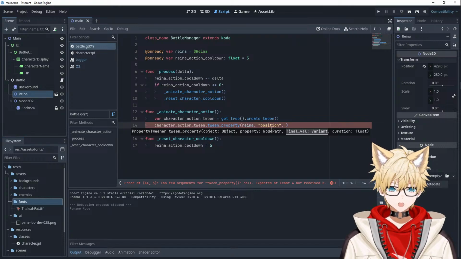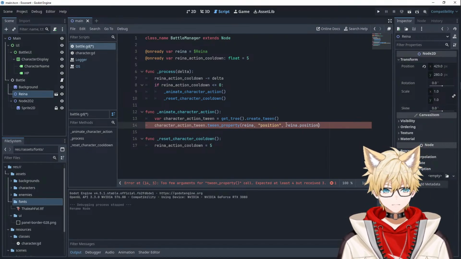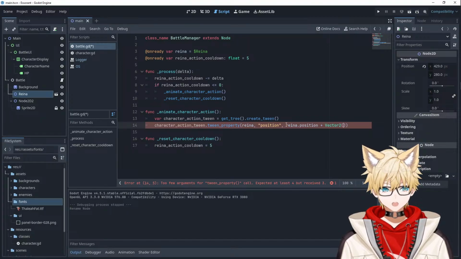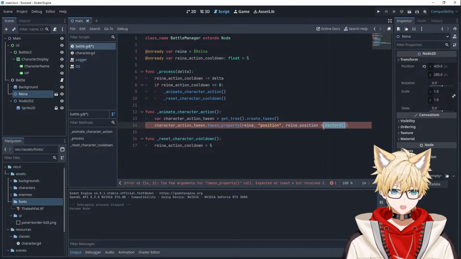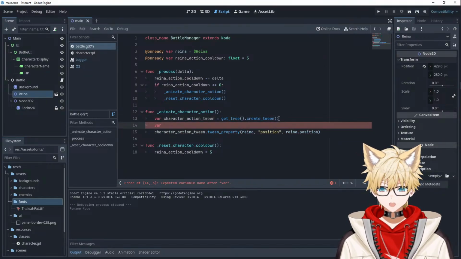The final value will be this thing's current position plus some distance. Plus Vector2. We need to decide what that distance is going to be. We're going to say var